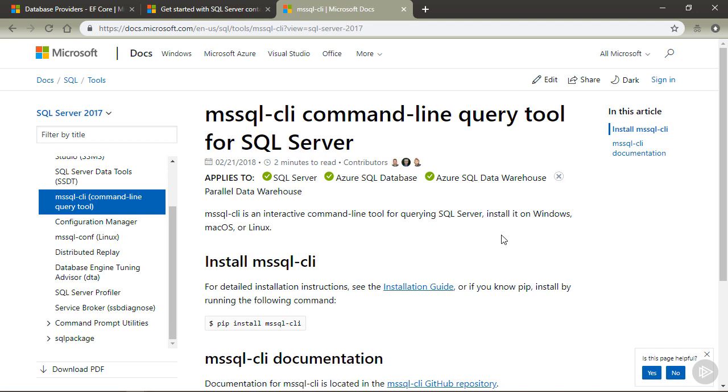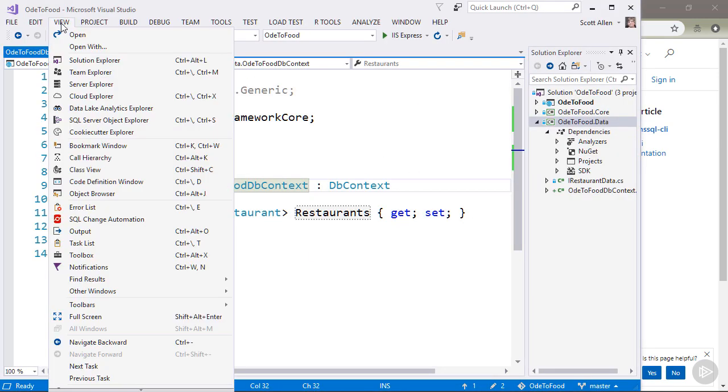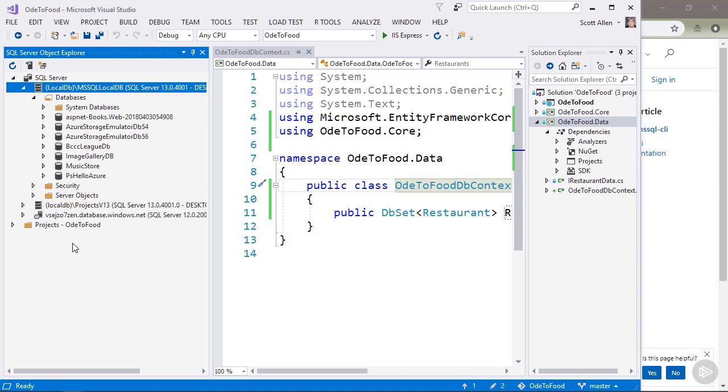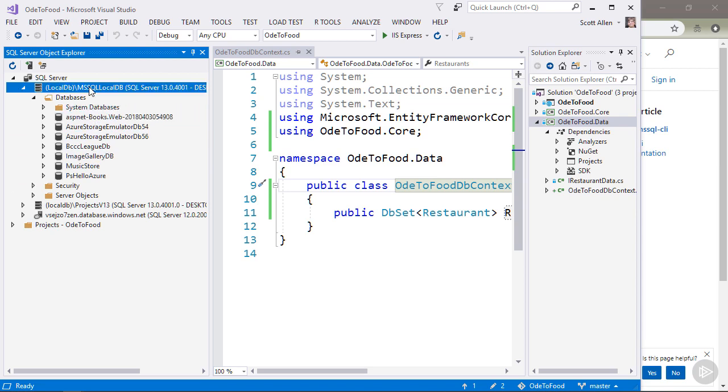Again, what I'm going to do is use Microsoft's LocalDB. So if I come back into Visual Studio, what I want to do is go to View, SQL Server Object Explorer, just to show you that I should be able to see LocalDB inside of this Object Explorer. So this is an instance of SQL Server that is running. I already have several databases inside of my LocalDB instance, and the specific instance that we want to use is